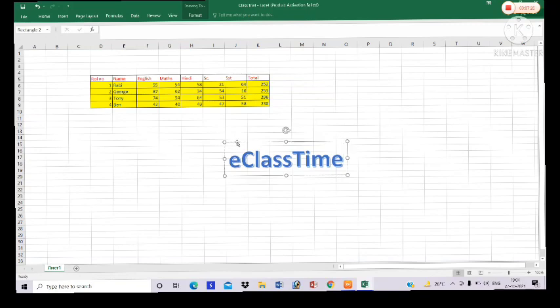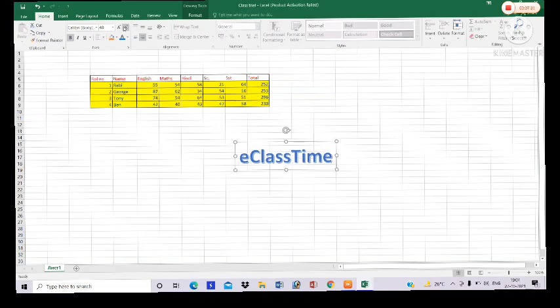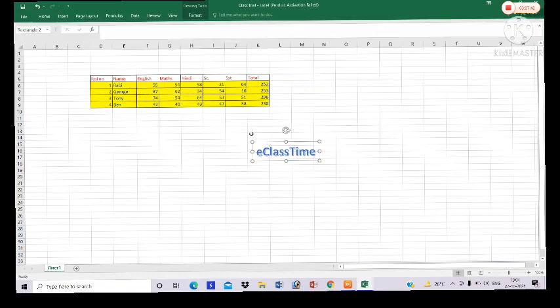After that click on the border of it, go to Home and decrease the size, because it is very big now. If you wish, you may change the color. Now bring the cursor, it will become star-like, like an anchor. Then give a left click and bring it up here.